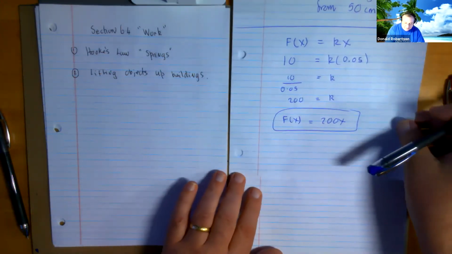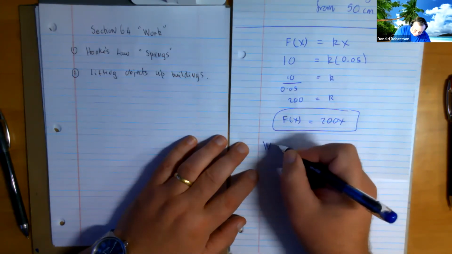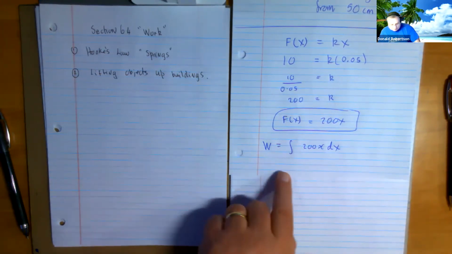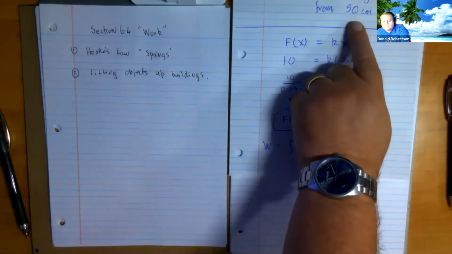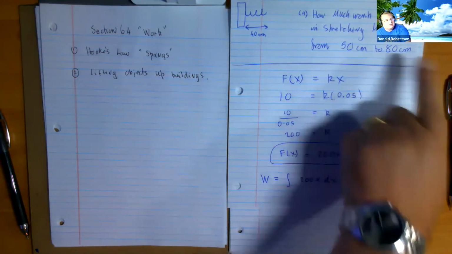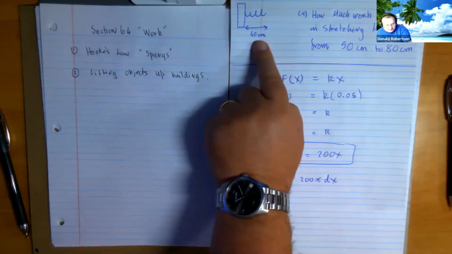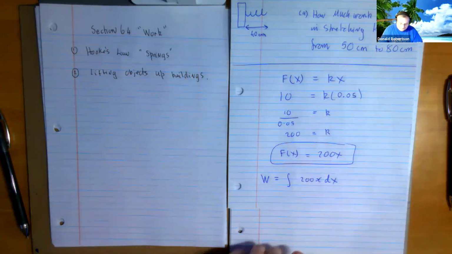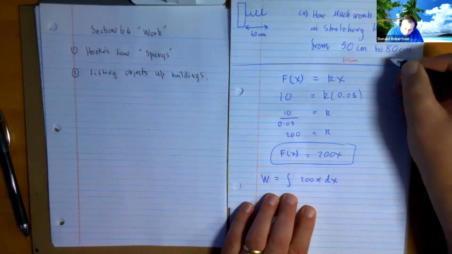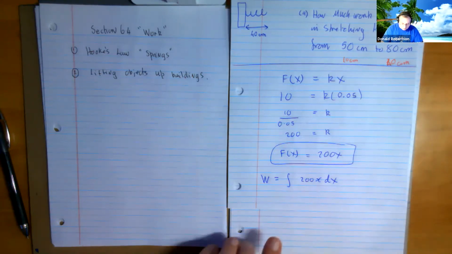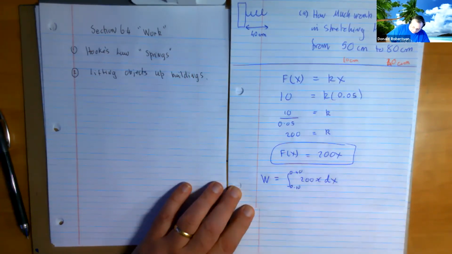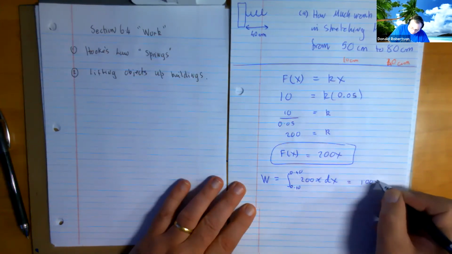Now the second part is actually answering the question, how much work is done? Well, I need to know where to start and where to finish. They have a start value of 50 centimeters, and then you go from 50 to 80. Now, at the 50 centimeter mark, isn't the x value 10 centimeters? 10 centimeters beyond its natural length, right? You stretched an extra 10. And isn't this one 40? So what you're going to be doing is stretching it from an x value of 0.10 to an x value of 0.40. And that becomes 100x squared